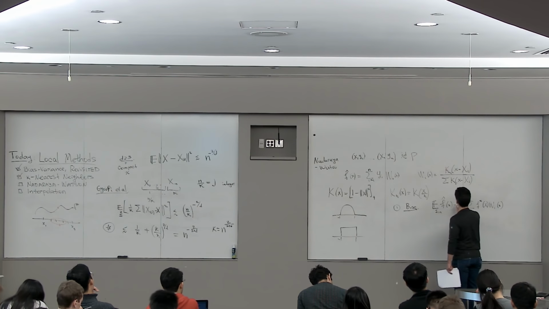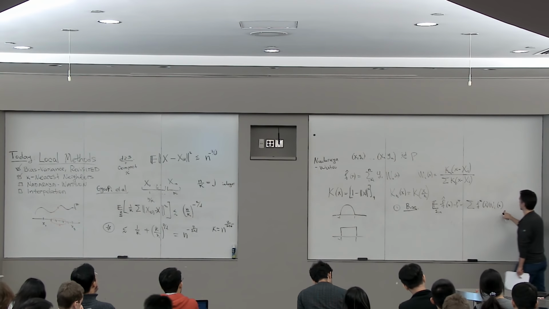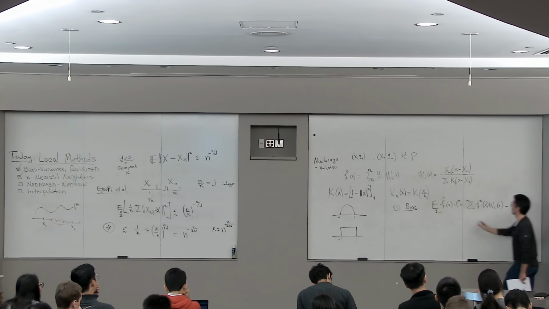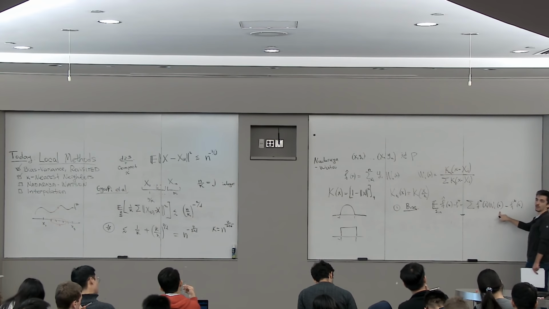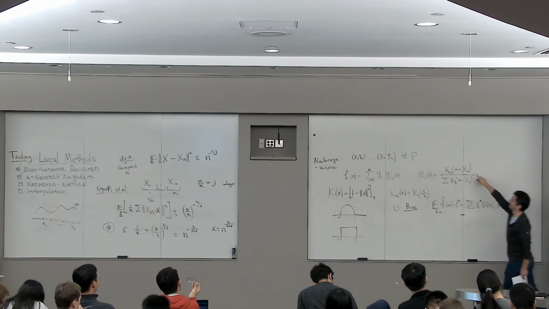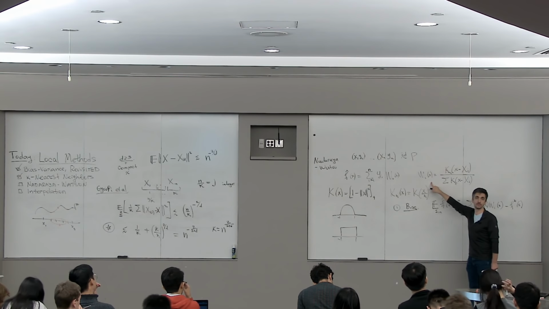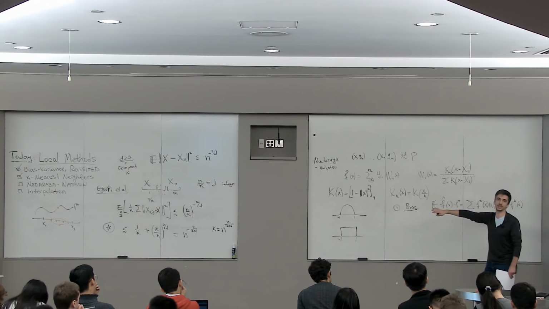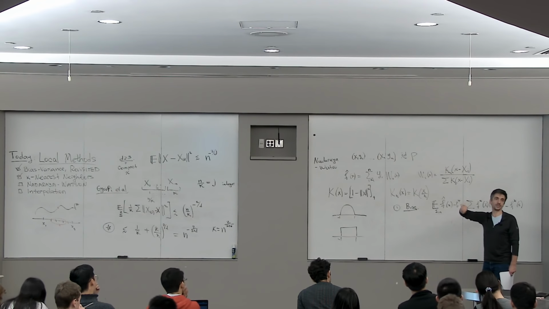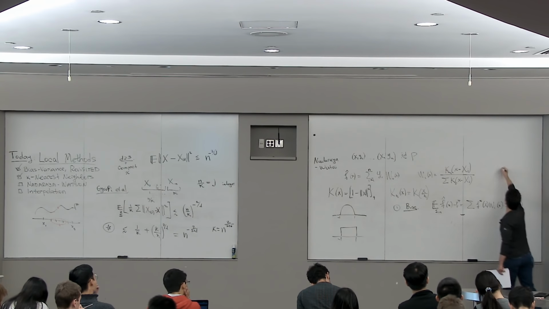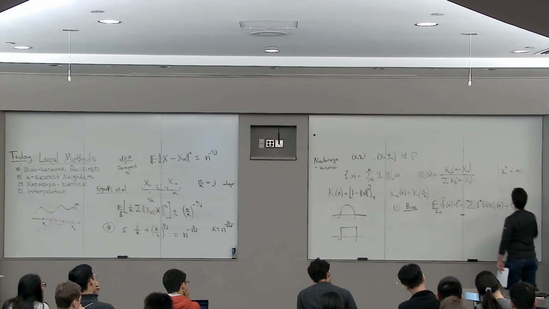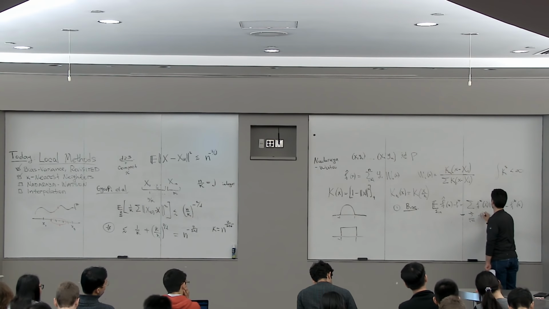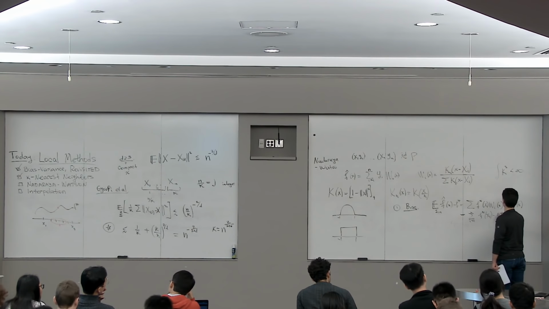So now if I subtract off the F star, I'm just subtracting off the F star of x here. But now, because this is a convex combination, these weights add up to 1, and they're positive. There are a couple of assumptions on k that I'm sweeping under the rug. So k is positive. K squared is integrable. I'm going to assume that k squared integrates, so the integral of k squared is finite. This is equal to the sum i from 1 to n of f star of xi minus f star x